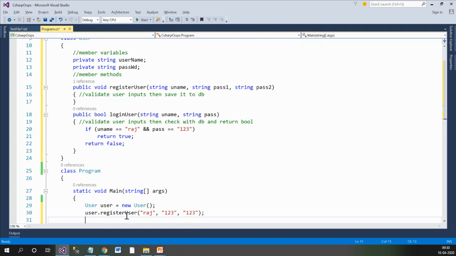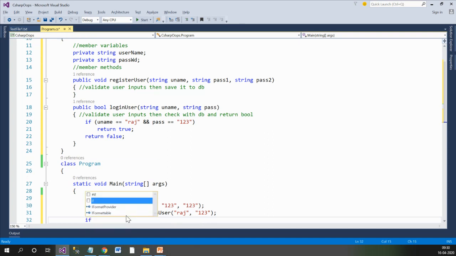This data will be dumped into the database, which is not yet implemented in our application. And user dot login user will accept two parameters, that is username and password, and based on that it will return one boolean value, that is the status, whether the user is available or not.